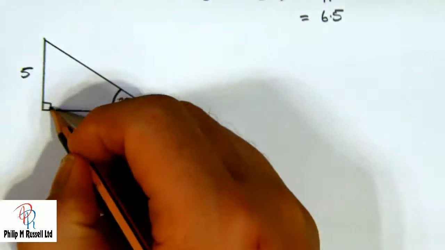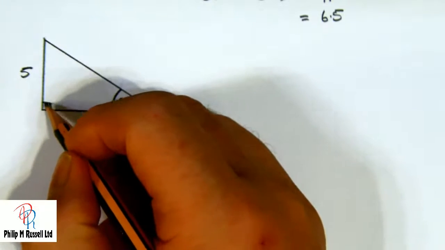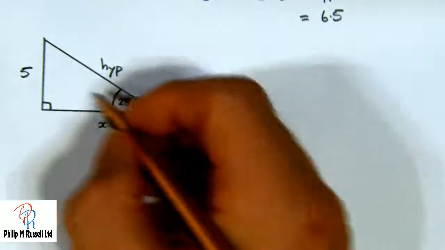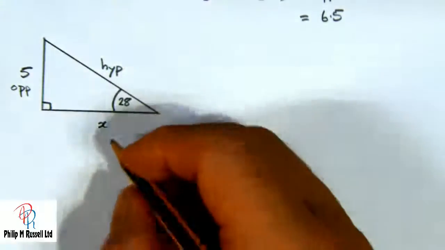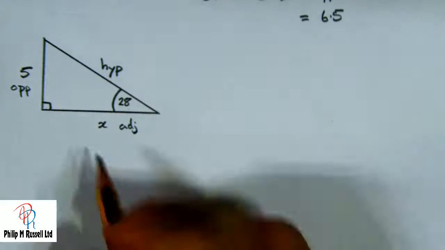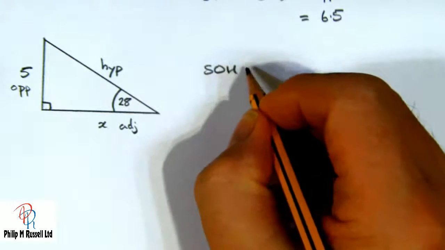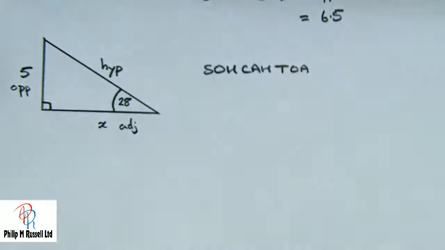The side opposite the 90 degrees, the right angle, and the longest side is going to be the hypotenuse. The 5 is here, opposite the angle, and the side we want to find is labelled here as the adjacent. Let's start with SOHCAHTOA. Now I already know this one's going to be tan, because I told you it was going to be, but